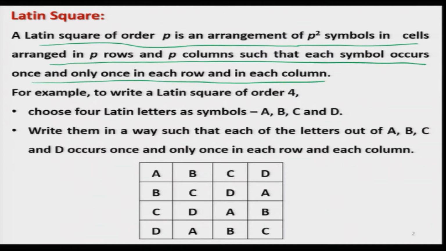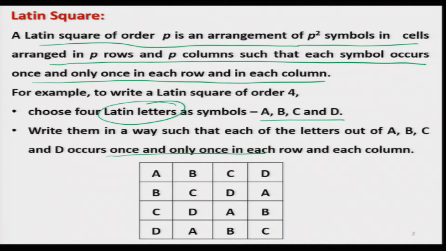And we had considered an example where we had written a Latin square of order 4, where we have chosen 4 symbols A, B, C, D, which are the capital letters, capital A, capital B, capital C and capital D, which are actually our Latin letters. And then these 4 letters are written such that these letters occur in every row and every column once